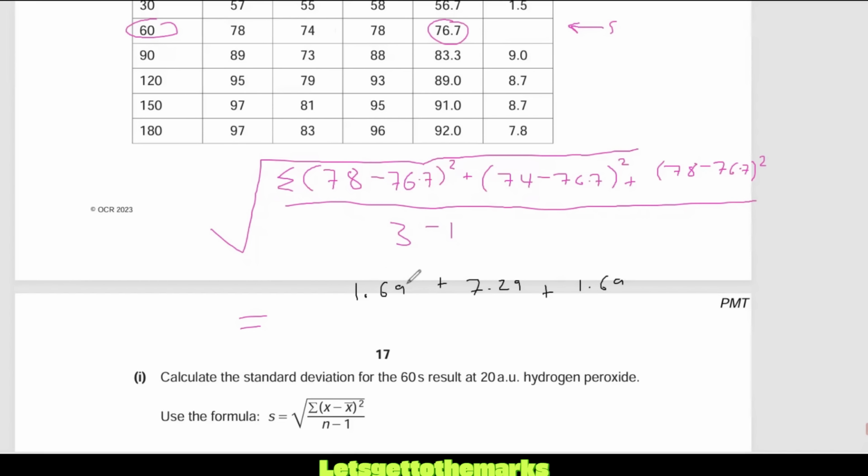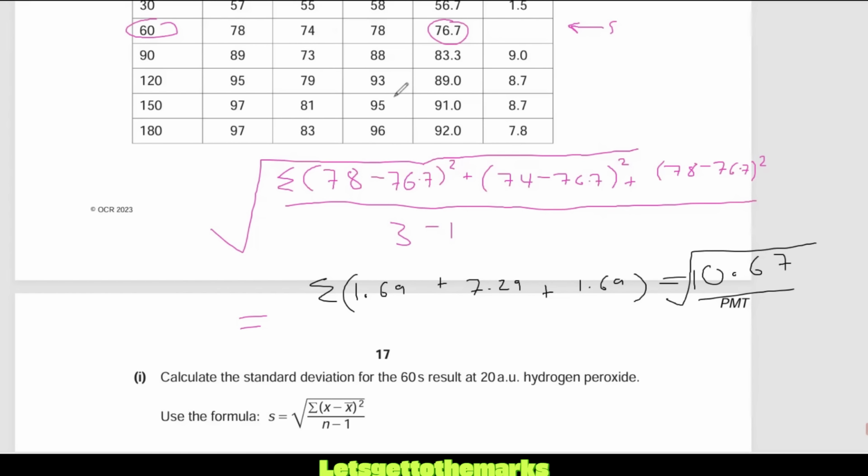Now, you're not going to get any marks for doing all of that. Sum all of that stuff, guys. And if you sum all of that, you will pick up 1 mark for working out what's on the top of the line, the numerator. 10.67. So for working out what's up there, you're going to get 10.67. That will score you a mark. Remember, we still have to square root this.